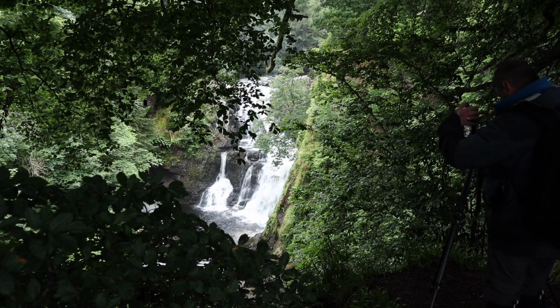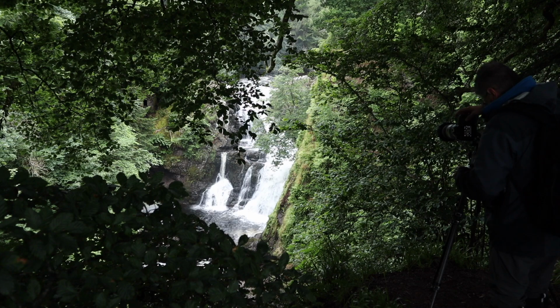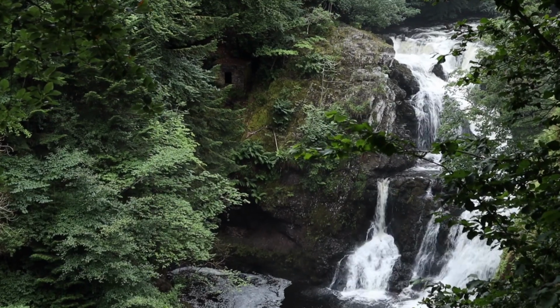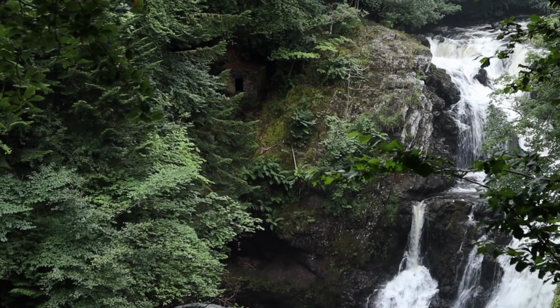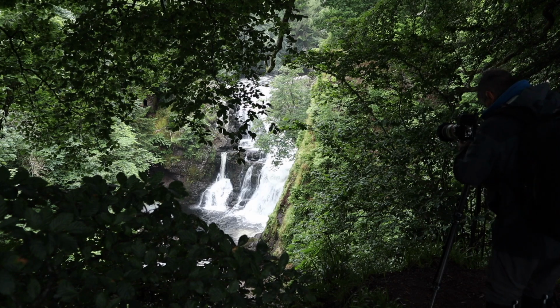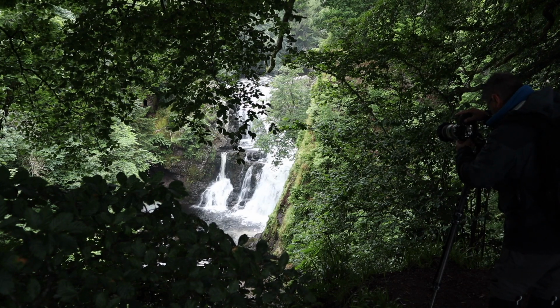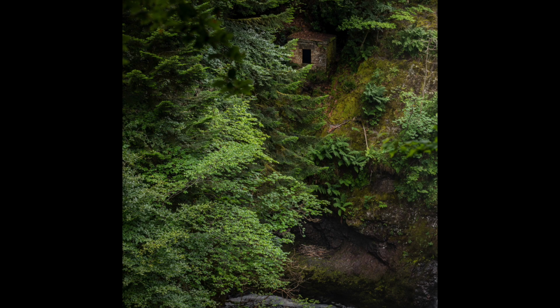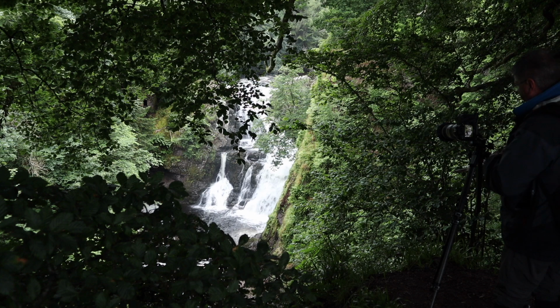But what I'm going to do is just pull back my focus, because there's an old abandoned water station hut over there that's quite difficult to make out. So let me just see if I can zoom in on that area, and then that way we can get that old hut in focus. I've left my settings at f8, an eighth of a second, and ISO 160. I've now got that in the image, and now what I'll do is I'll probably flip the camera over